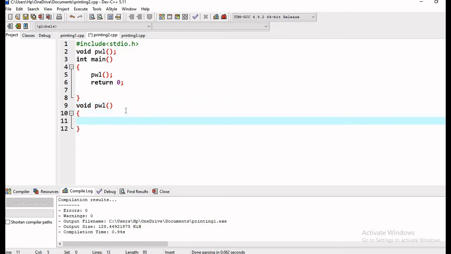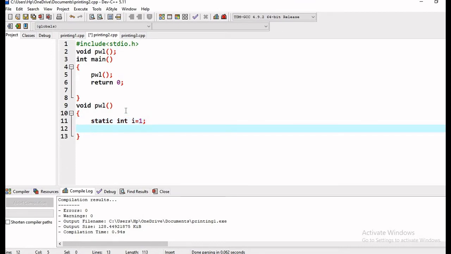Then we will declare a static integer variable, and we will initialize it by 1. You know that static variables are initialized only once, and one more important thing, they retain their previous values.